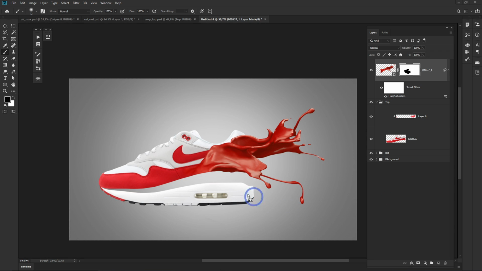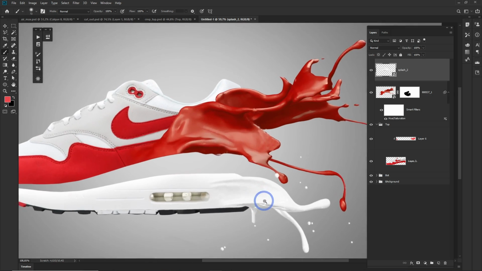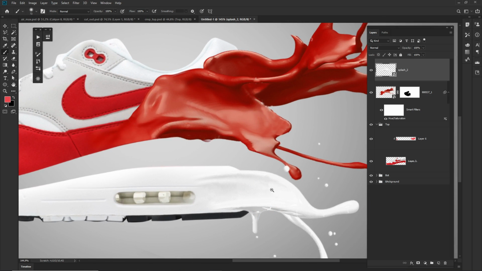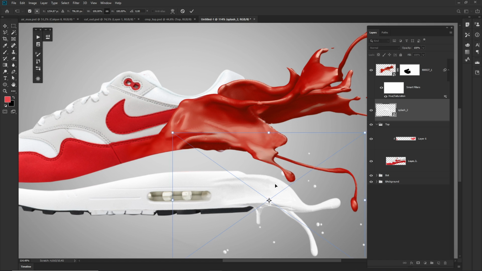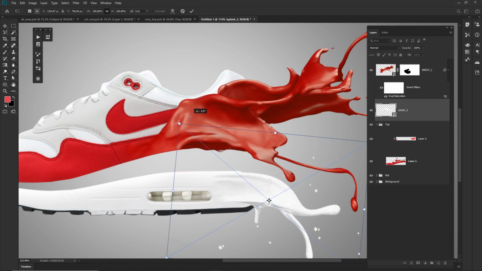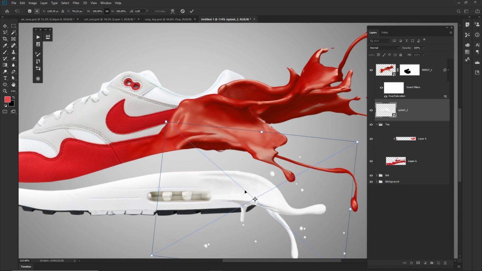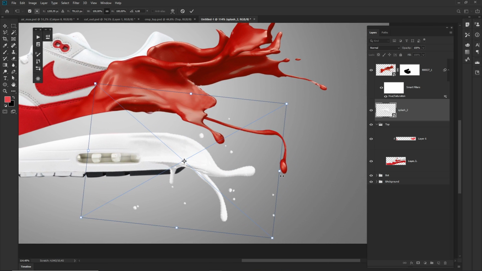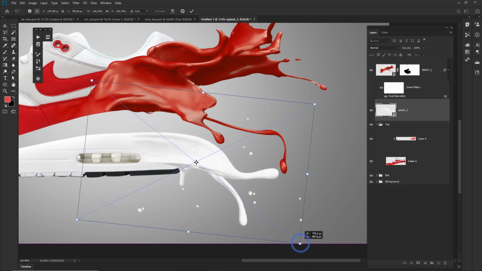So into the source, I've created another kind of splash here, and we are going to integrate this splash into the bottom part. Again, I think it's going to be better to put that just under our red texture here, and we just need to transform this with a Control T. So we are going to make it overlap onto this element, Alt Shift, and stretch it a little bit,